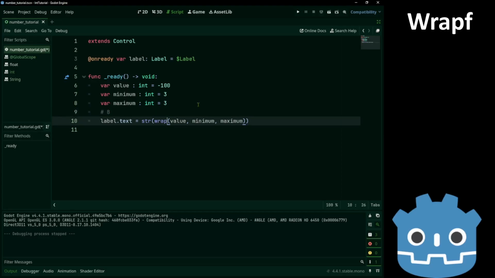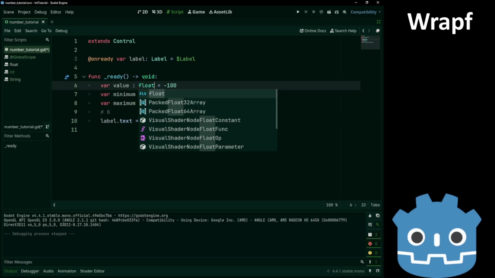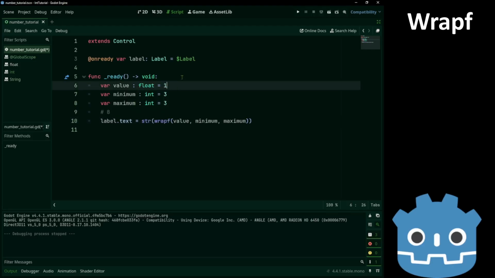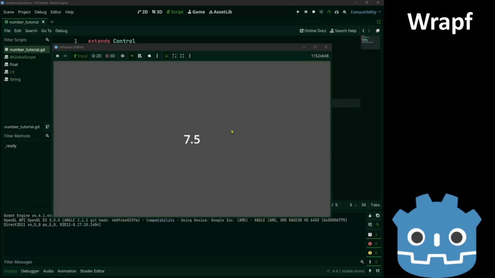The same thing can work for float numbers. This one gives 7.5.